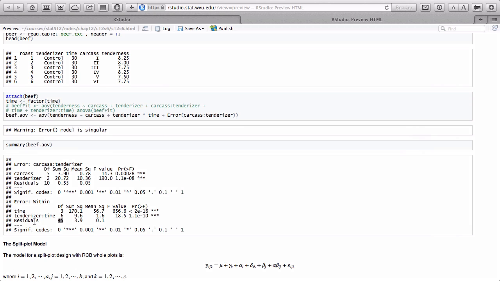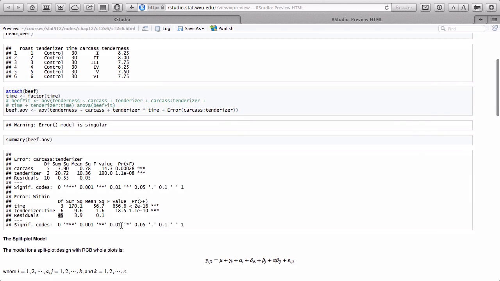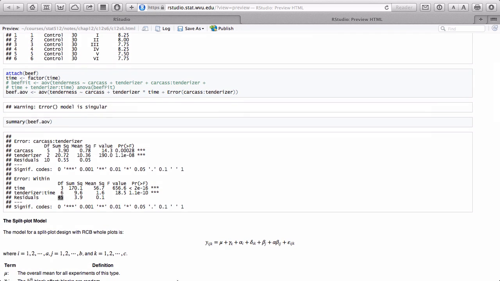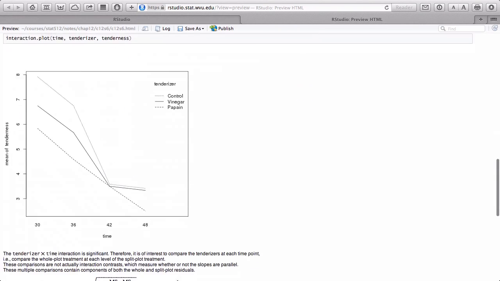So notice here that we also have significance. Now, what are you most interested in? You're most interested in the interaction. You want to be able to look at the profiles of the tenderizers over time. And in fact, if we look at an interaction plot, which I've done down here,